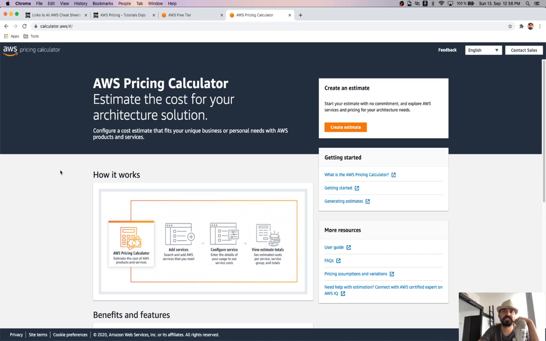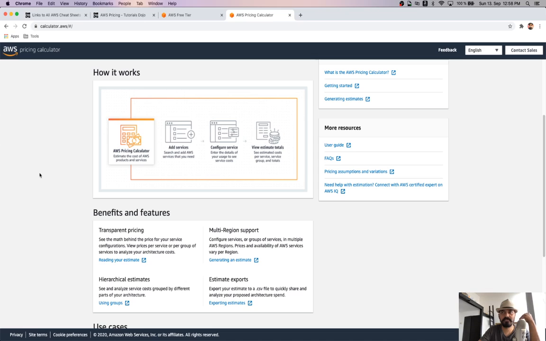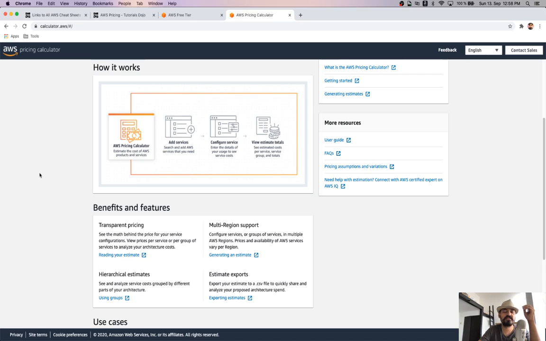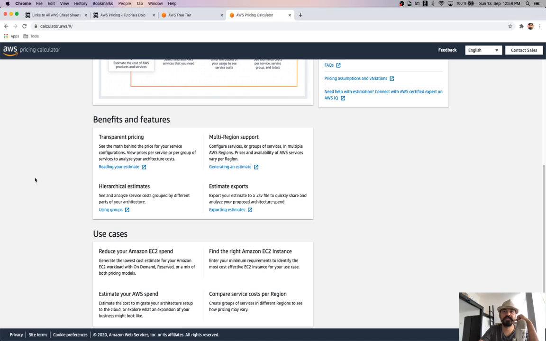And you have the AWS Pricing Calculator, which has a good benefit because the pricing is very transparent, and it is multi-region, in the sense that you can select your particular place. Like if you have your own on-premise and you want to replicate it on AWS in your region only, the calculation does support that. You can select a region, and then you select your services. You will get your regional based prices, not the common ones.